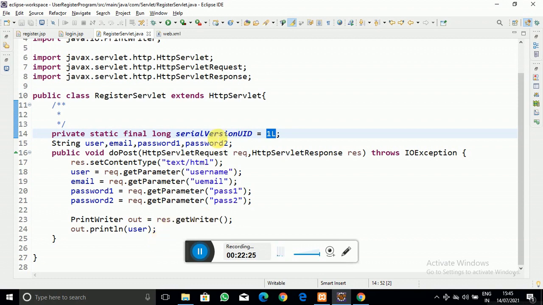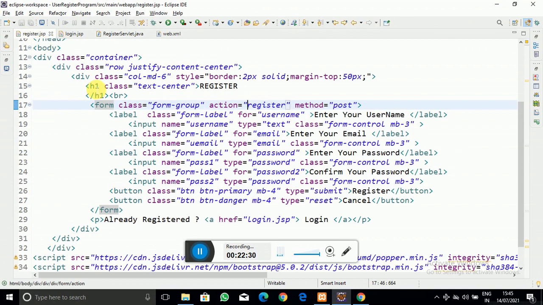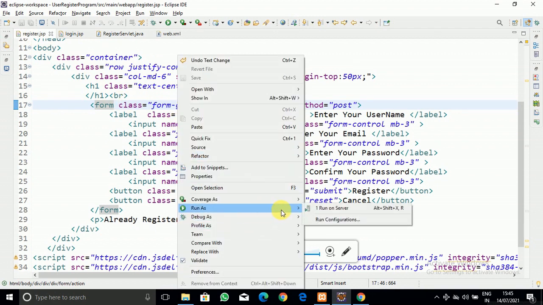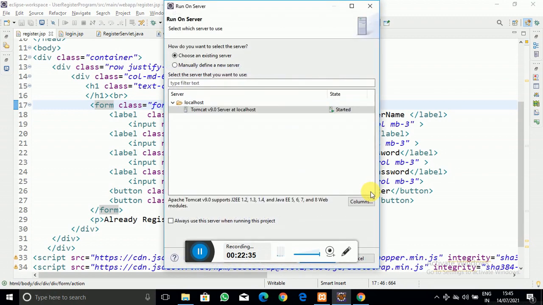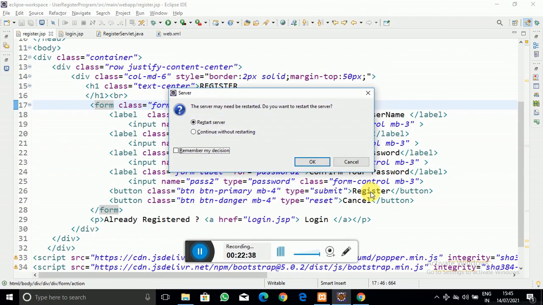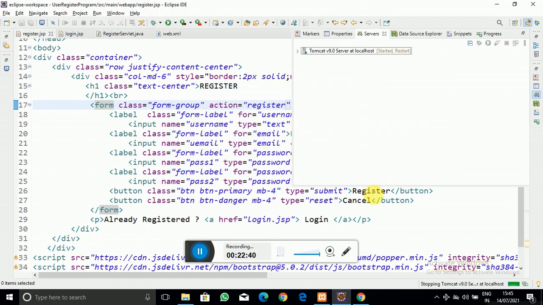Let's see whether our program is right or not. So right click on this, click on run as, run on server. You have to restart the server now. Let's see what happened.